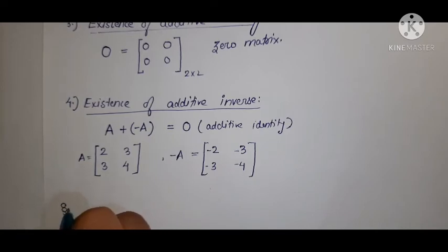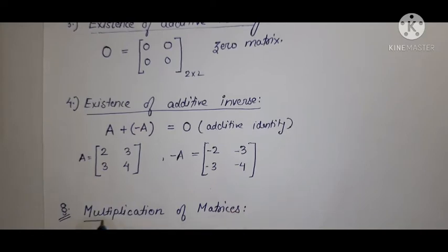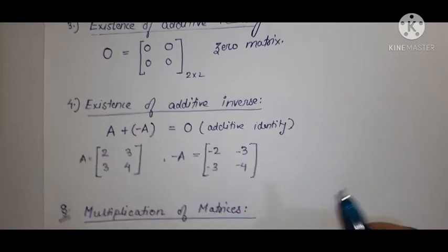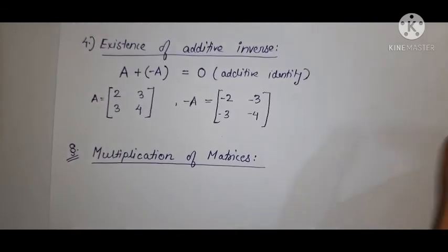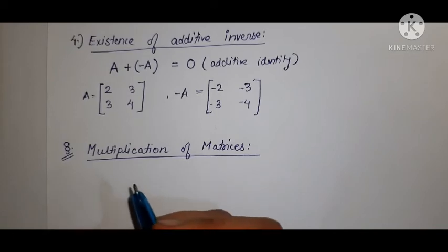Next, we will do the very important part of matrix. This is also an operation, but it is a little bit complicated. Not hard, but you have to be very careful while doing the multiplication of matrices. There is one condition to multiply, meaning you cannot multiply all the matrices of any order with each other. There is a condition which must be satisfied by both the matrices, then you are able to multiply the two matrices.